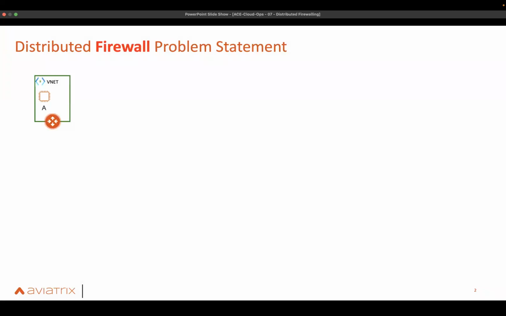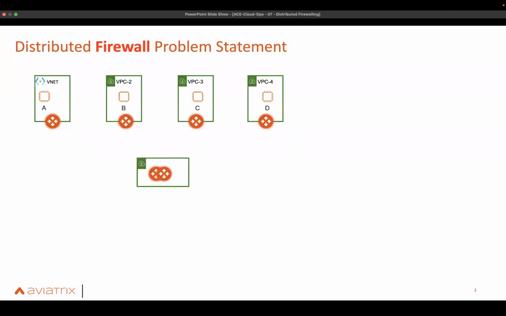So imagine you have a VNet and a few VPCs. This could be in Azure and AWS, and you have a pair of transit gateways. And let's assume that now we have, I think we explained network domains and network segmentation, AKA VRF, whereby in this setup, we're going to have dev, prod, and shared services. And as we explained, whenever we attach the spokes to the transit, we can